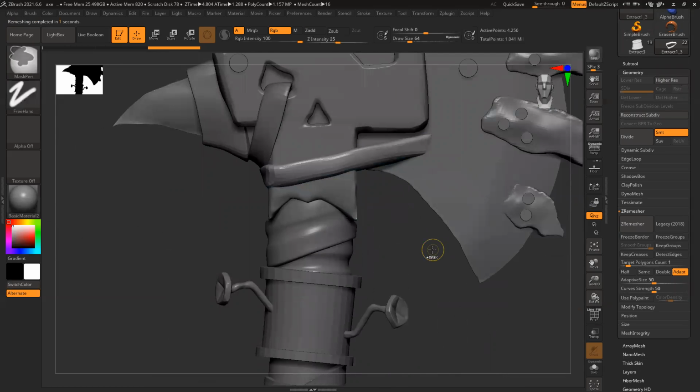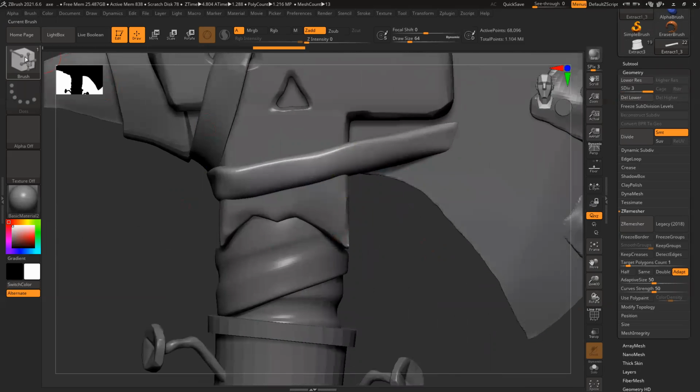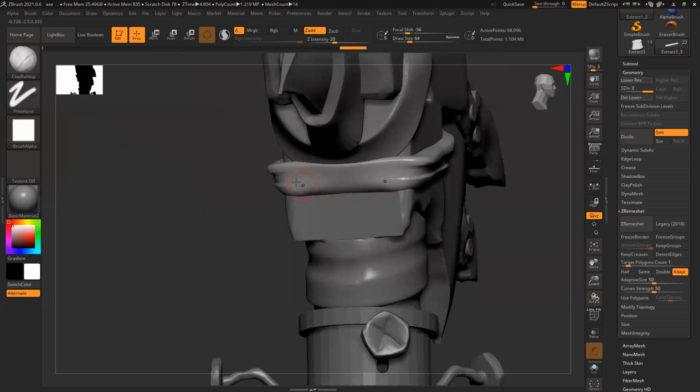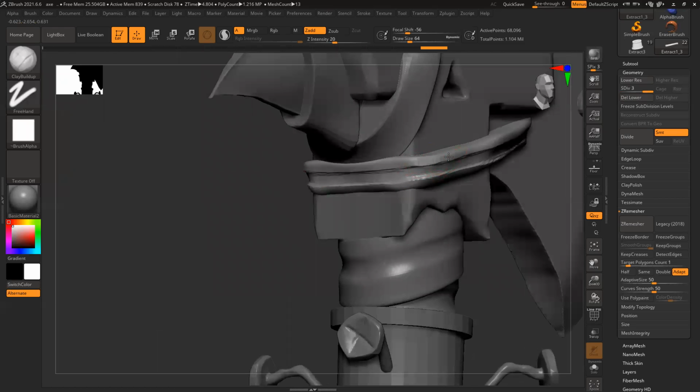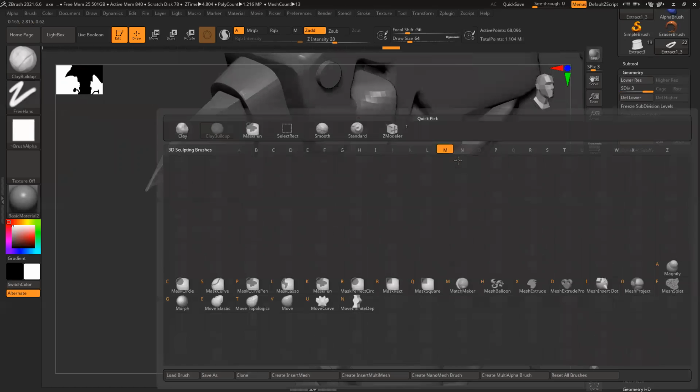Shift F. So it's pretty low poly. Control D. Okay, let's start with our basic shapes. Clay buildup. Alt. Push it inside. That one fold is visible prominently. Now I can see the thickness. So if it's a cloth, a piece of leather, something wrapped around the surface, it cannot be this wide or cannot be this loose. So I have to make it really tight.